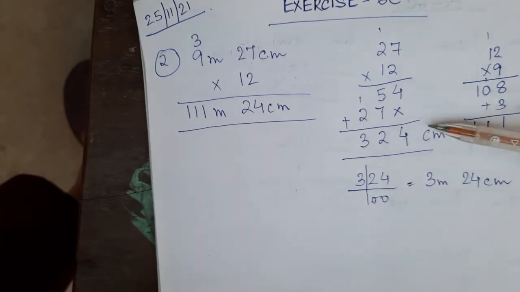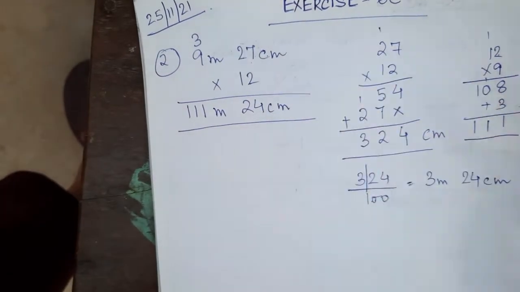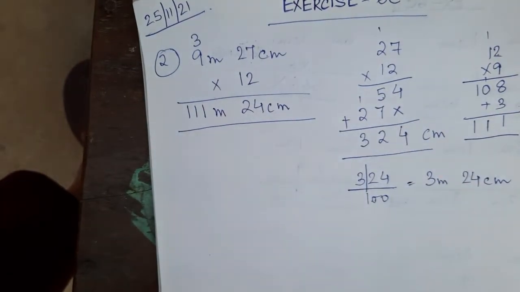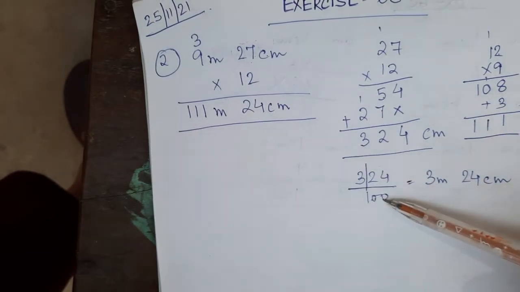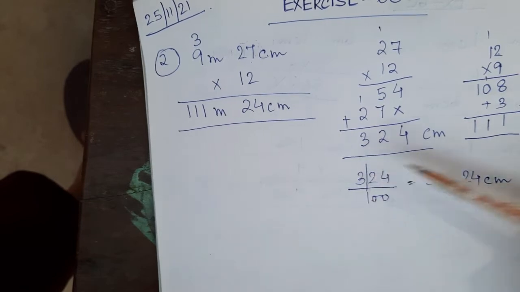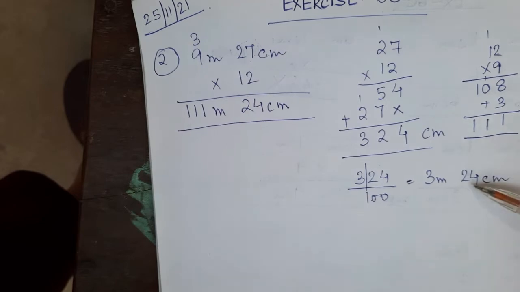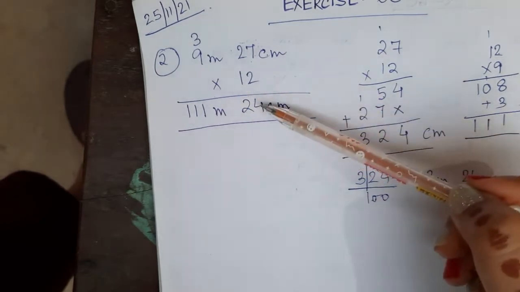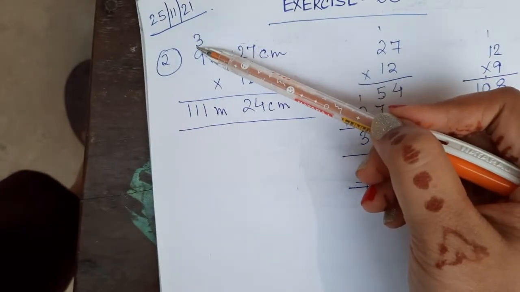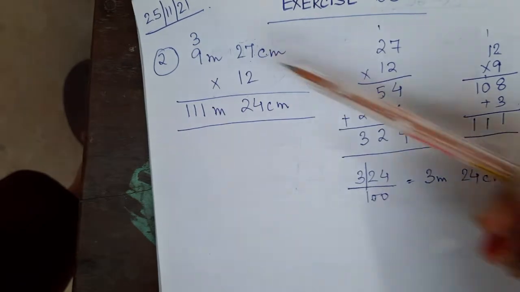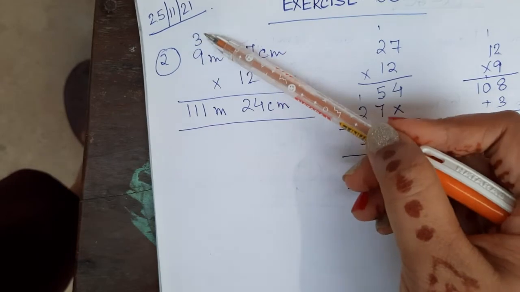324 centimeter, I have to convert it. Why I have to convert it, you may wonder? Because there is a meter and I can easily convert this into meter also. What do I have to do? I have to divide it by 100. Simply 2 zeros, skip 2 numbers, put a dash. This will become 3 meter and this will become 24 centimeter. Then I am going to take this answer. I am going to write 24 centimeter here and carry forward this 3 meter. Why carry it forward? Because this is 9 meter, so naturally I have to write this 3 meter above this 9 meter only.